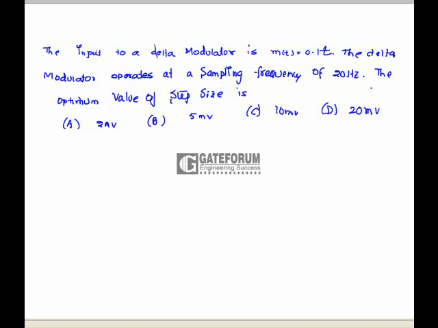A delta modulator has m of t equal to 0.1 into t. The delta modulator operates at a sampling frequency of 20 Hz. The optimum value of step size is? So the optimum value of step size is nothing but delta by Ts is equal to dm of t by dt,